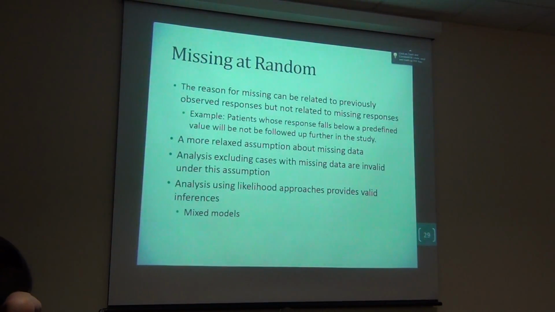when you design the study, you say that you measure toxicity at these different time points, and if the level of toxicity for the patient at time X is too low, you want to exclude that patient from the analysis or from the study. You don't want to follow the patient anymore. Then in that case, the rest of the responses are missing because of the observed responses from before. Okay? So in this case,